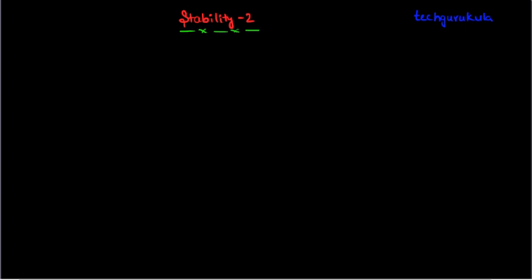In this video, we're going to continue with the discussion where we stopped in the previous video on stability in linear time invariant systems. In the previous video, we have seen that initially we started with qualitative description or statements on the stability of LTI systems, and then we went into quantitative analysis of it, and we concluded saying that if the area under the impulse response curve for a system is finite, then we can say the system is stable,